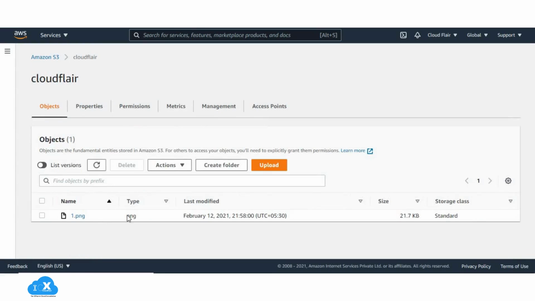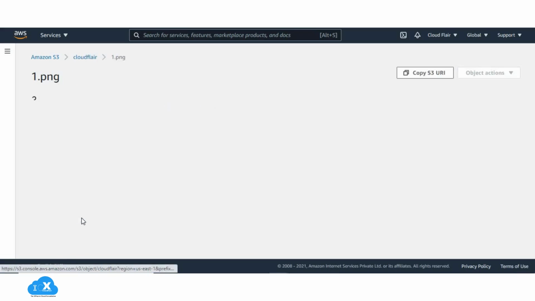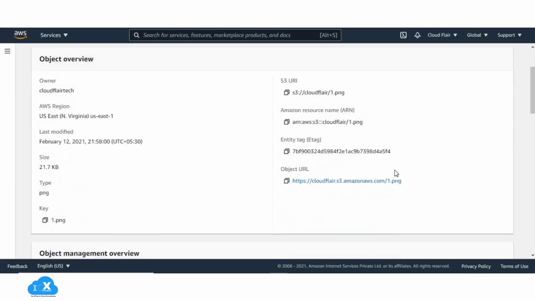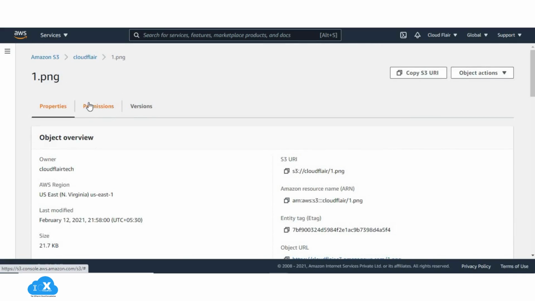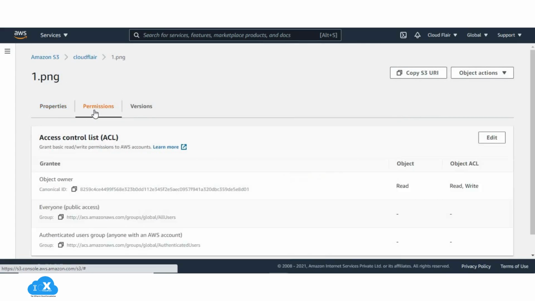Now let us see how to access an object by setting access control in the object permission setting. Access Control Lists (ACLs) are one of the resource-based access policy options. See Overview of Managing Access that you can use to manage access to your buckets and objects. You can use ACLs to grant basic read-write permissions to other AWS accounts. In the Objects list, choose the name of the object for which you want to set permissions. Choose Permissions.